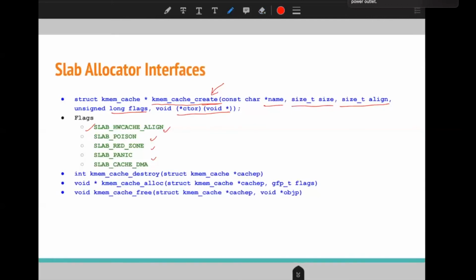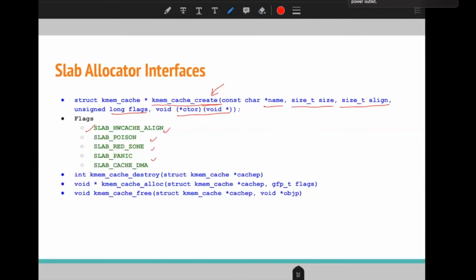SLAB_POISON will allocate the memory and fill it with a specific initial value, so that we can tell this is free available space. SLAB_RED_ZONE will specify a red zone around the allocated memory, so that we can detect overflow, or know where the boundary of the allocated memory is.